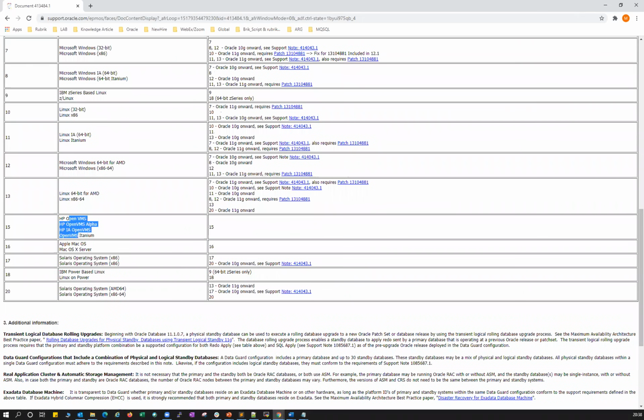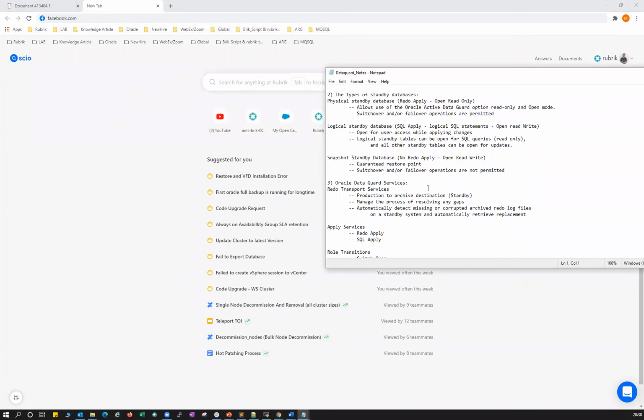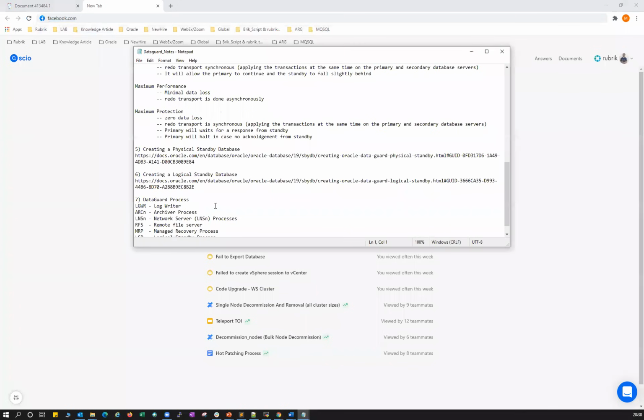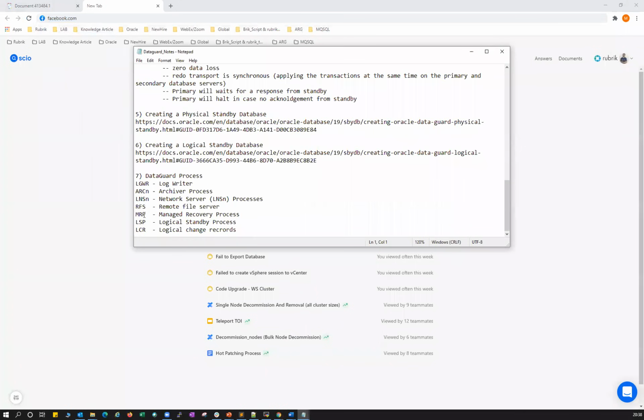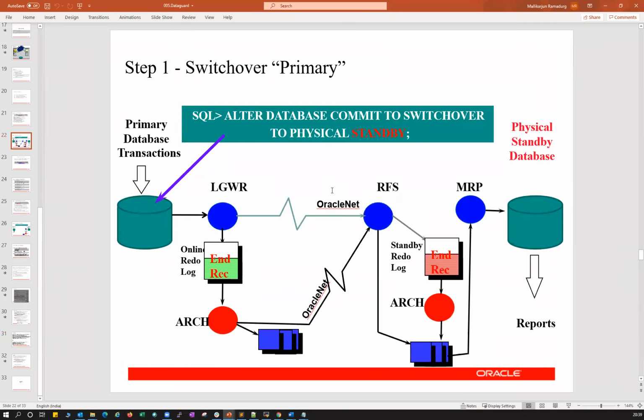Okay, so next, this asks about the file client and file server. Okay, so I'll just go to this particular notes. Okay, where is that? Remote file server, that is RFS. Okay, before that, let's see here. I will quickly cover this concept and then I will try to explain that.